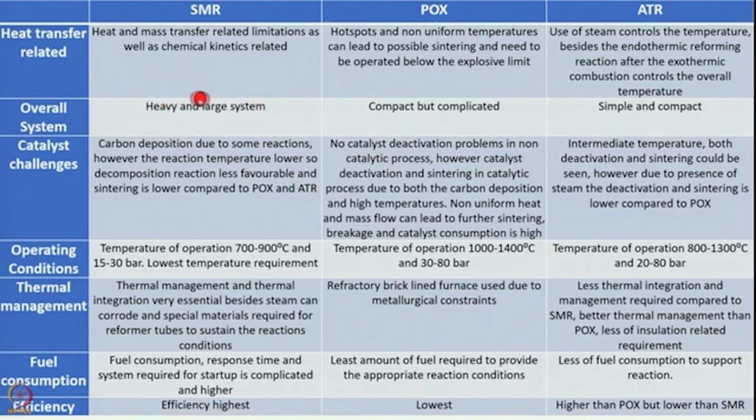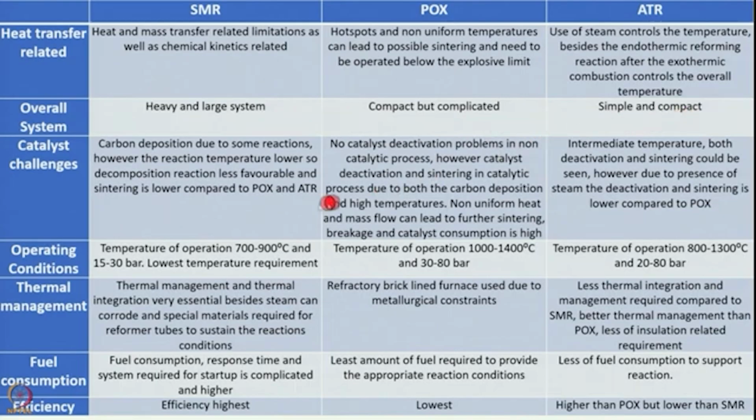There is a limitation in steam methane reforming, that is heat and mass transfer limitations as well as chemical kinetics based limitations. In partial oxidation these limitations are comparatively less if it is non-catalytic partial oxidation. If it is catalytic partial oxidation, then since the temperatures are high, there could be hot spots, non-uniform temperature distributions inside, and the catalyst could get sintered because of the high operational temperatures. This can be controlled with the use of steam in the autothermal reformer. Overall, the system is large for steam methane reforming, compact for partial oxidation but complicated, and simple and